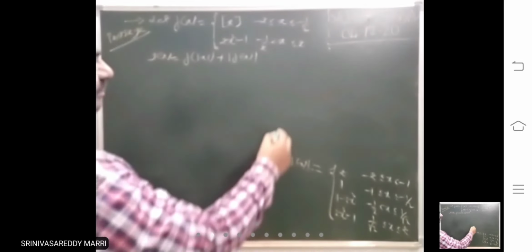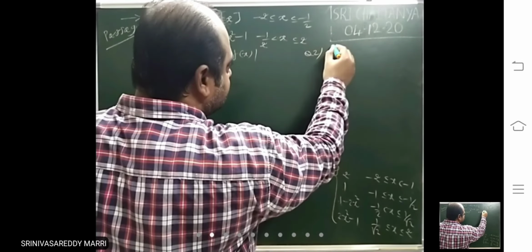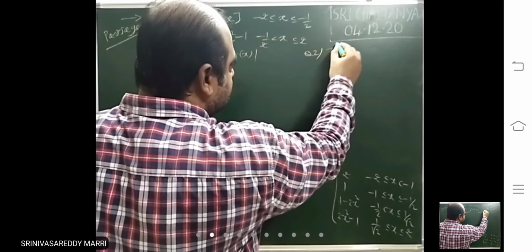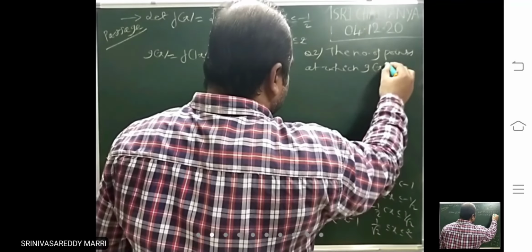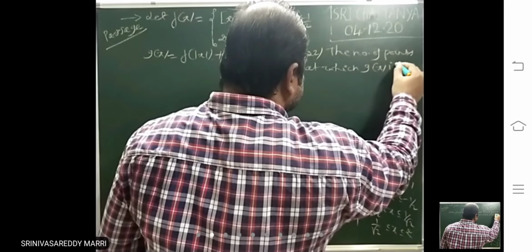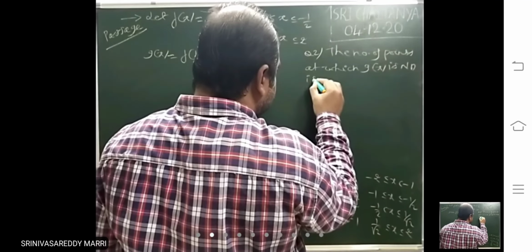Second question, question number 2 in the passage. The number of points at which g of x is not differentiable is